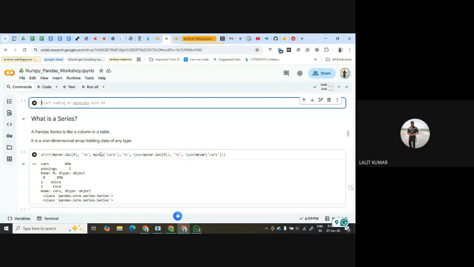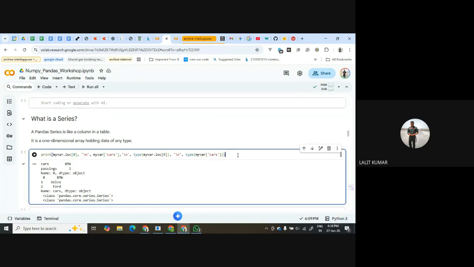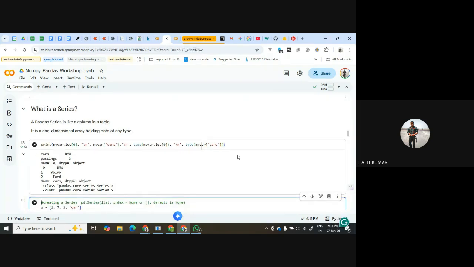And then we select a column, and then we will see the type of this. So loc[0] is a row, cars is a column, and I want to demonstrate to you that both are series. So if you take vertically one column, it is also a series. If you select a row, then also it is a series.